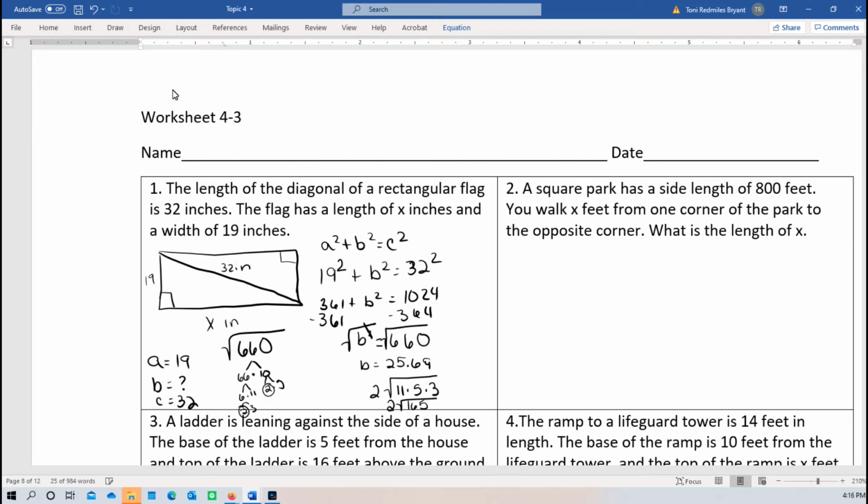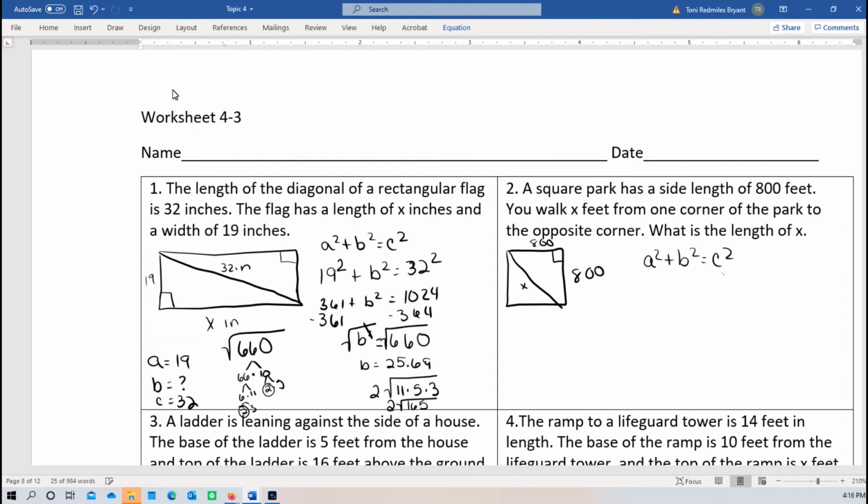All right, a square park has a side length of 880 feet. You walk home from corner to corner of the park to the opposite corner. What's the length of X? So in this one, I know the two legs of the park, because if it's a square, all the legs are 800 feet. All right, so I'm going to do my a squared plus b squared equals c squared, and